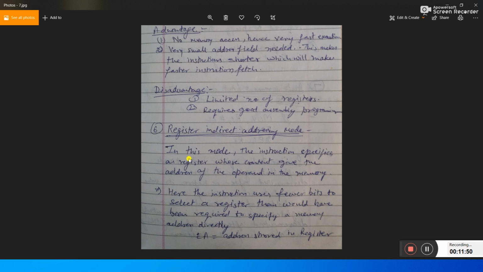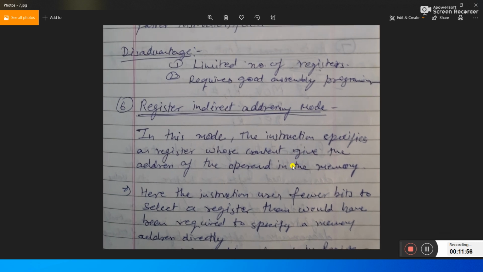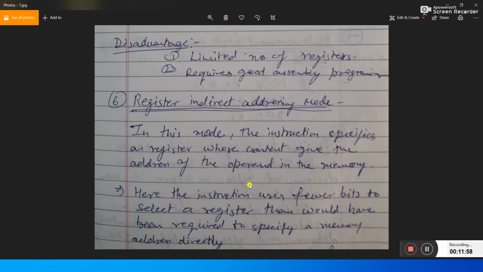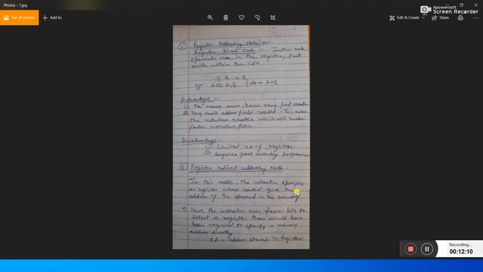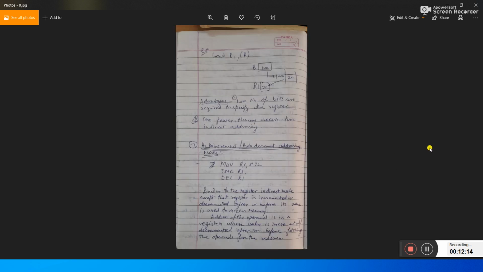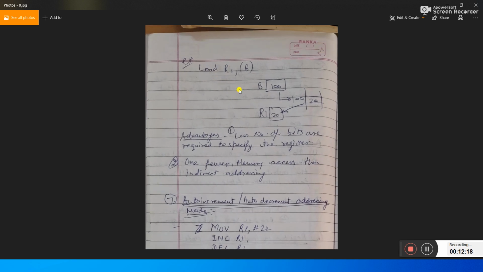Register indirect addressing mode. In this mode the instruction specifies a register whose contents give the address of an operand in the memory. Here the instruction uses fewer bits to select a register than would have been required to specify a memory address directly. I have already explained how it works. Now, if load R1, B is there, what will it do?